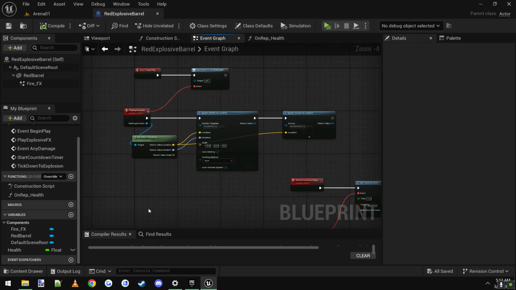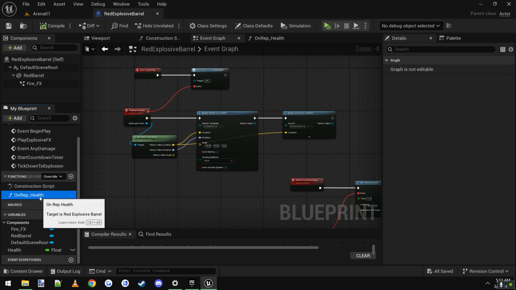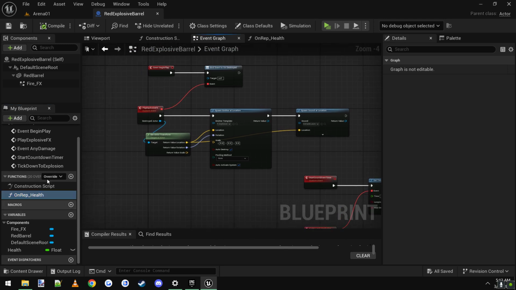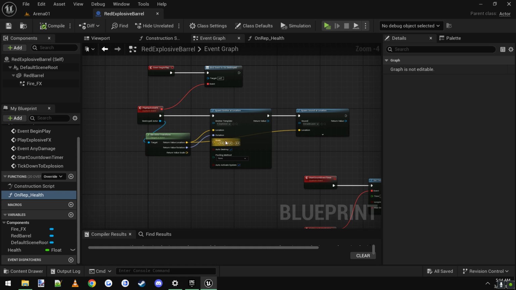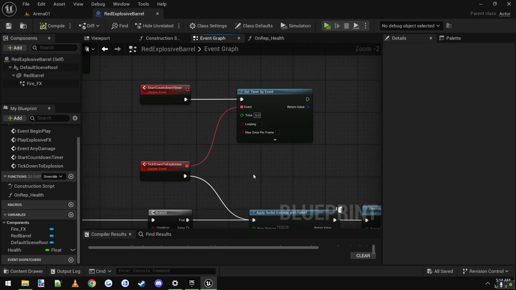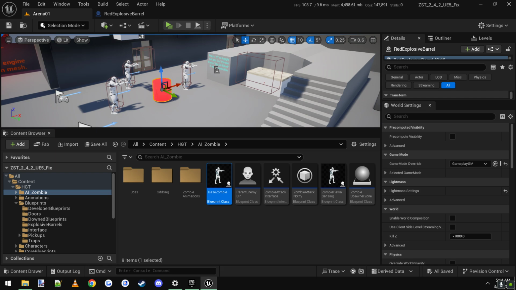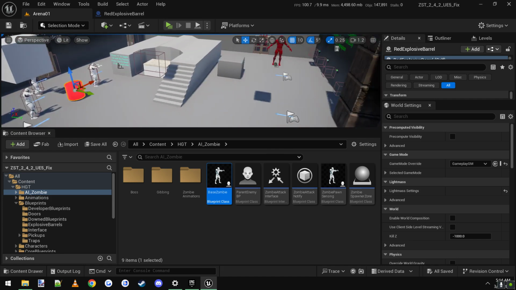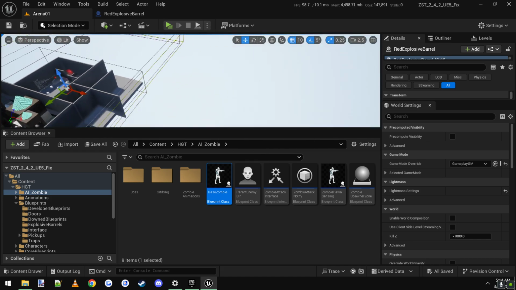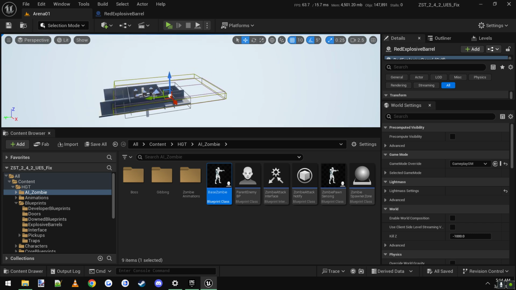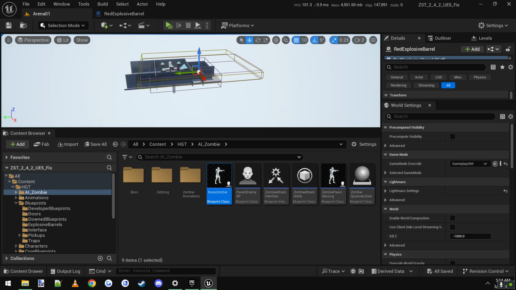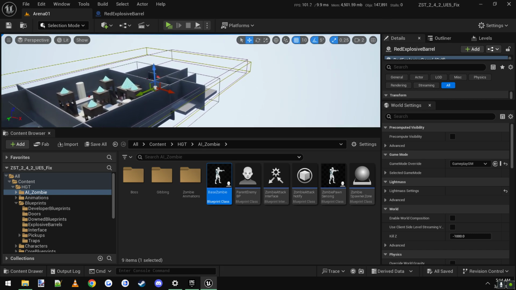All that good stuff. And the only reason that I used an onRep is, you probably don't have to, but let's say you had a red barrel right here and your player shot it and caught it on fire, but you didn't use the countdown here, maybe. Like it catches on fire and just stays on fire forever. Well, let's say one person's right there, catches the barrel on fire, and there's another person like 3,000 miles over here. If you know how multiplayer works, there's a relevancy range. So if you're really far away, you're not receiving updates from whatever your friend's doing over here until you get close. So you come trotting over here 30 minutes into the game, 30 minutes after the dude shot the barrel,